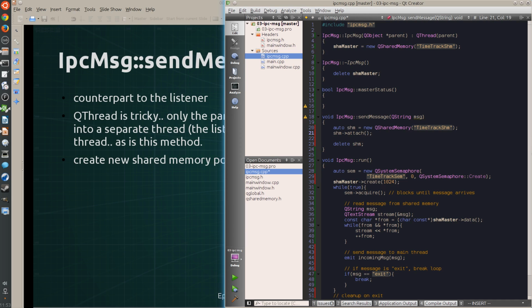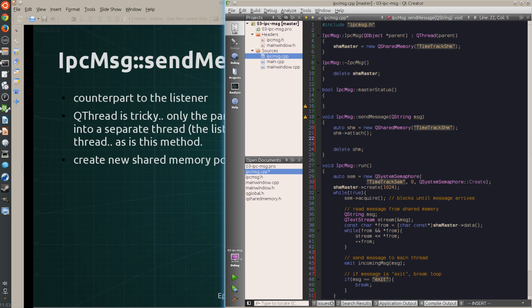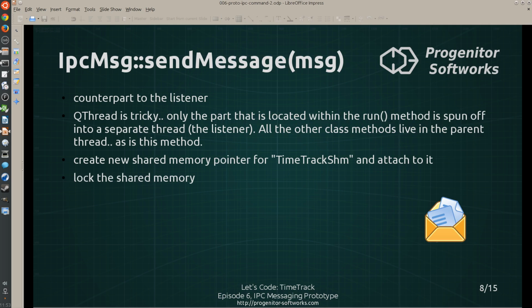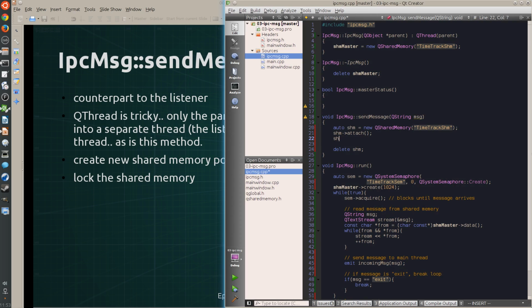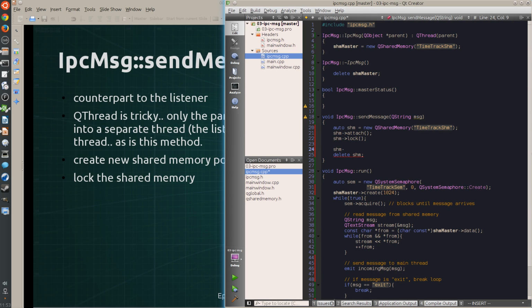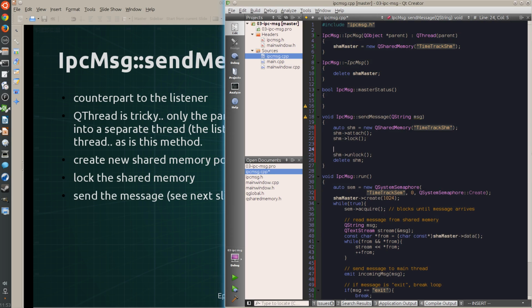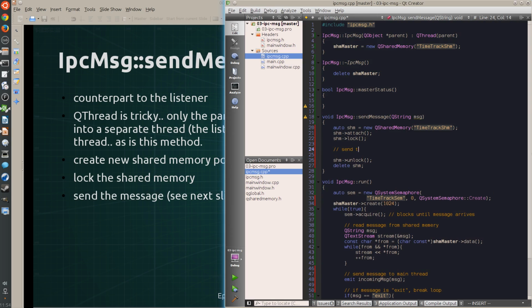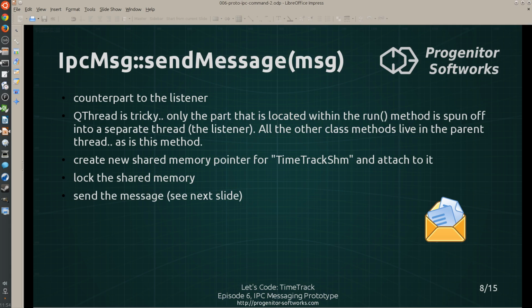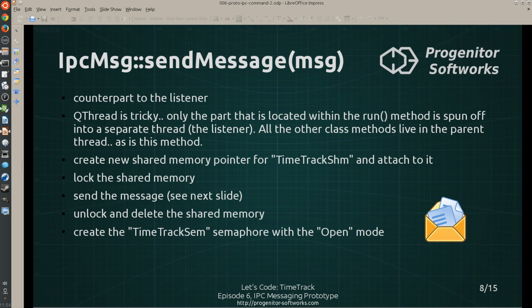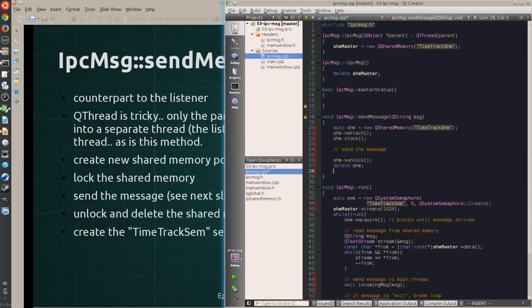So I attach to the shared memory as a client, or as a secondary instance, or as a message sender, and I lock the shared memory. And I send the message. I unlock it, I create a semaphore,